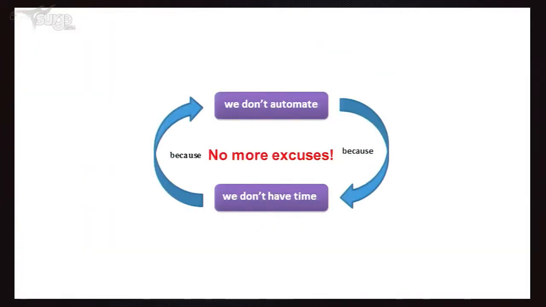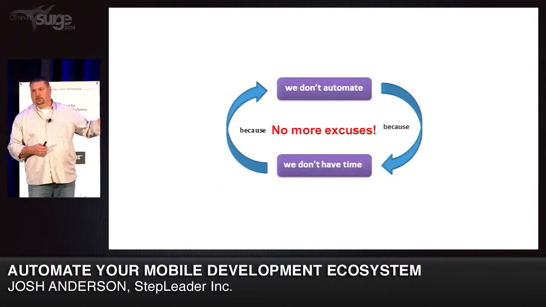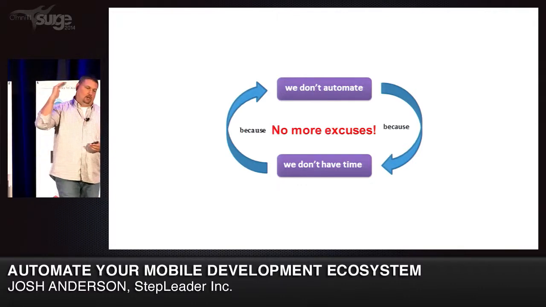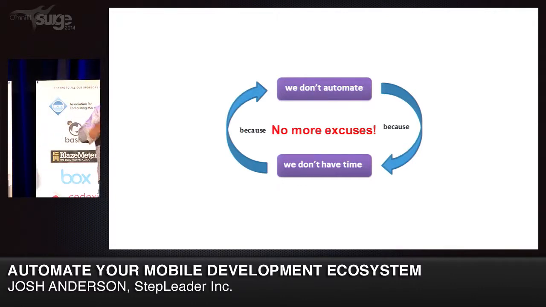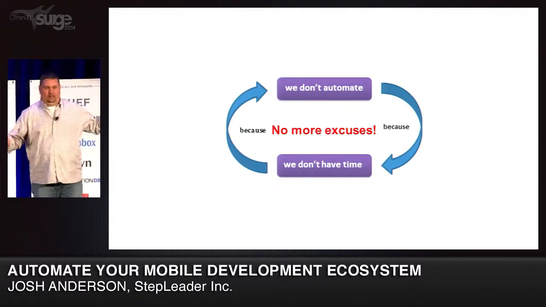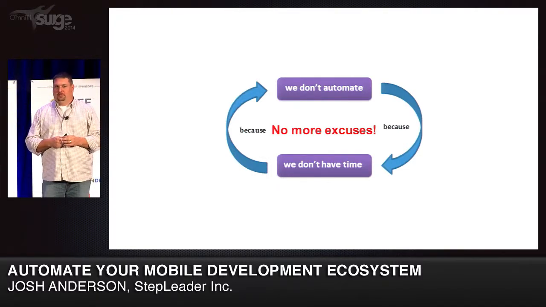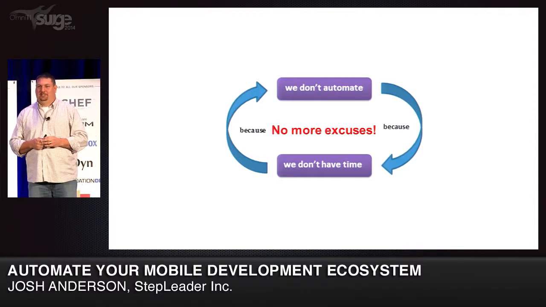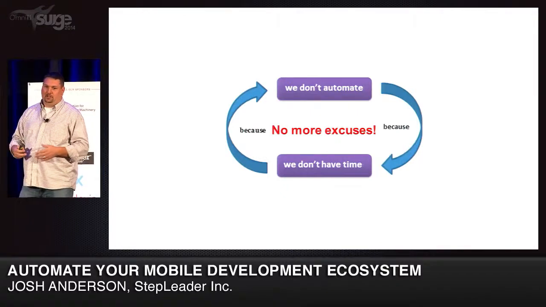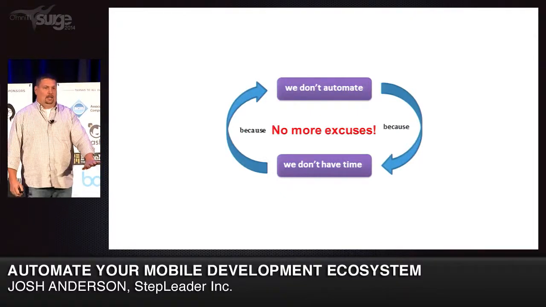The other thing was we had to make a corporate change. We knew we needed to automate, but we never automated because we never had time. We never had time because we were afraid to change our code. So all the way up to the CEO, I had to go to the CEO and say, Brian, you're not getting any new features for 6 months. And he would push back and say, well, we can't do that. And I said, okay, what new features have we built in the past 6 months? So it wasn't an altering of what we were doing, but an altering of the mindset: we're knowingly not going to build new features.